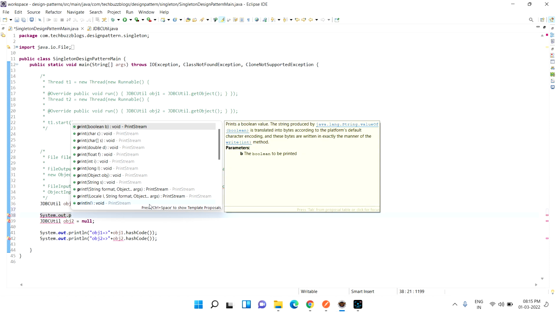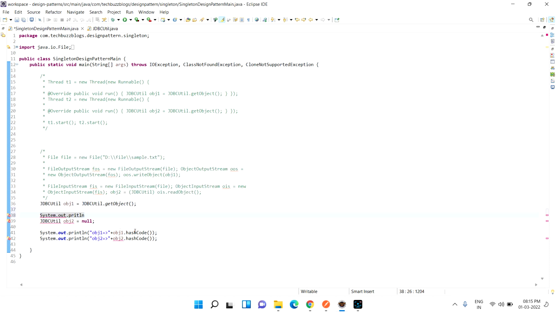System.out.println, let me print the hash code here. Let me just copy paste this one. First we are printing the first hash code. Now I am going to break that. So I am creating the second object as null first of all. Then we have a